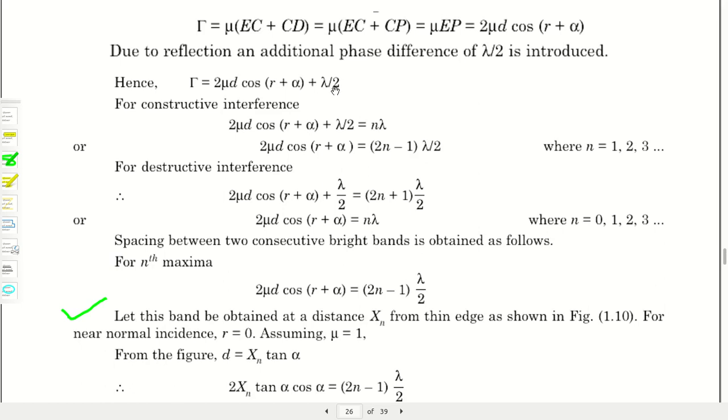Lambda by 2 path difference means the phase difference is pi. So destructive interference will happen there, because lambda by 2 means the destructive interference condition is satisfied. Okay, don't mix this up with the formula with 2 mu d. That comes after calculations where lambda by 2 is taken to the right side and then manipulated. Then you will get these two formulas